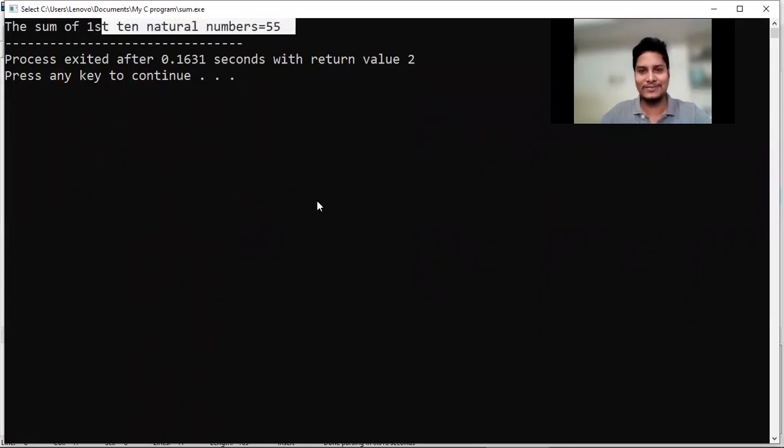So, okay, you can calculate the sum for any value by taking any value. If we change the value of the limit, here I have used i <= 10. If you use i <= 100, then you can calculate the sum of first 100